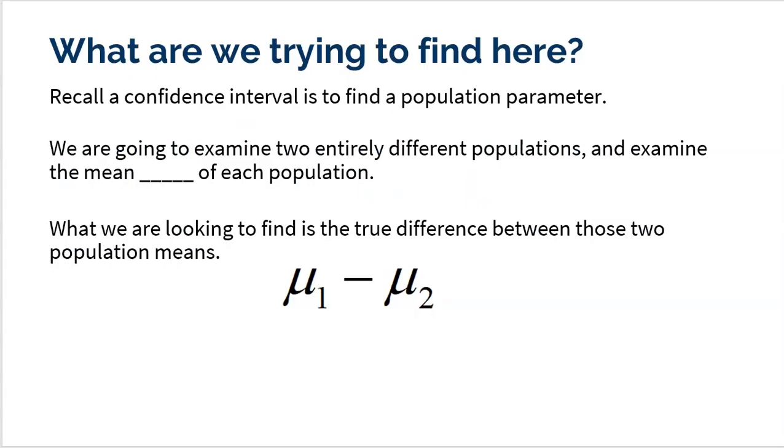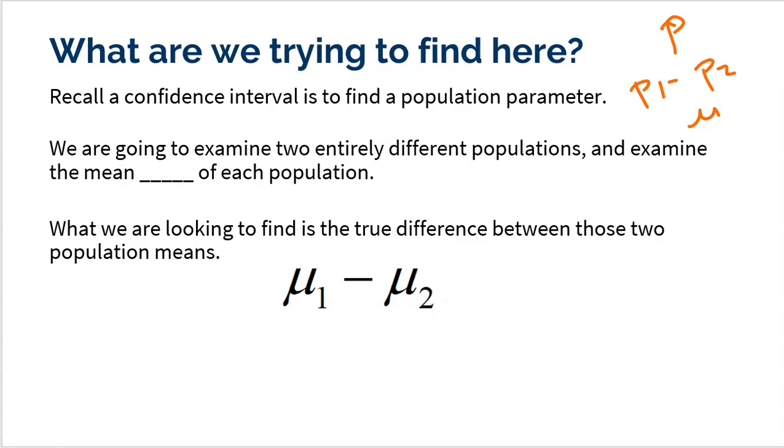Now let's recall what a confidence interval is. This is actually the fourth time that we've seen a confidence interval. A confidence interval is trying to find a population mean. We actually started off in Unit 6 trying to find the true population value or proportion from a population. Then we looked at the difference between two population proportions. And then most recently in this unit, we looked at trying to find the true mean of a population. And now what we're going to do is look at trying to find the true difference between